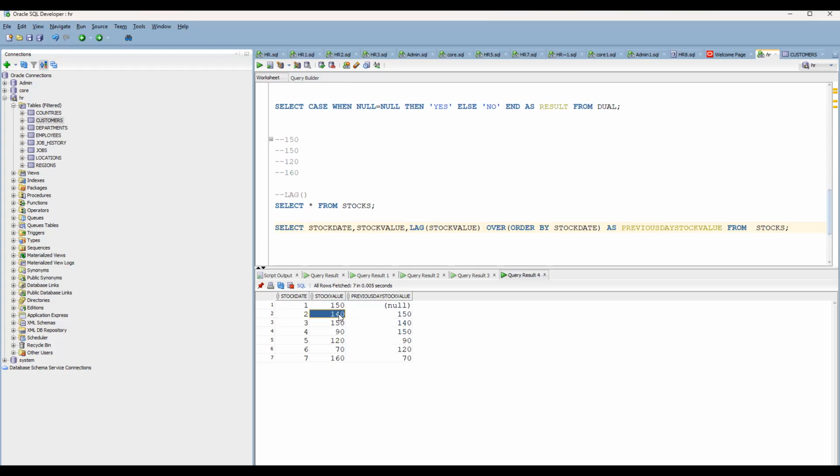In the 140 row, what is the previous value? 150 is there. Third row, what is the previous value? 140 is there. For the fourth row, the previous value is 150. In the fifth day, the previous value is 90. And on the sixth day, 120 is the previous day value. So if you compare this value versus this value, then you will be able to